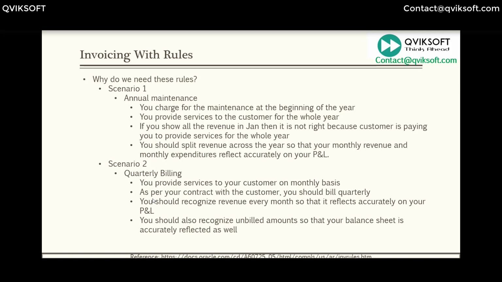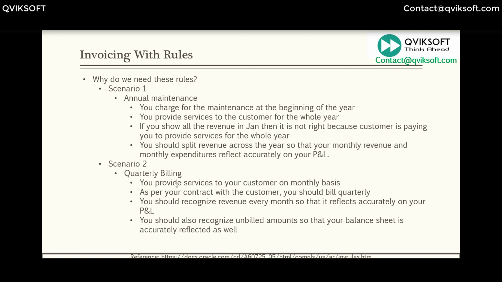Yeah, so every month my resources are going and working on the customer side doing the work, but they're saying bill me only quarterly. So I'm recognizing revenue every month, and I'm also putting an unbilled receivable amount. Yeah, this is the new account which is created, which is very similar to receivable, but we have a different category called unbilled receivable. This is your asset account as well, but we just want to differentiate how much is unbilled